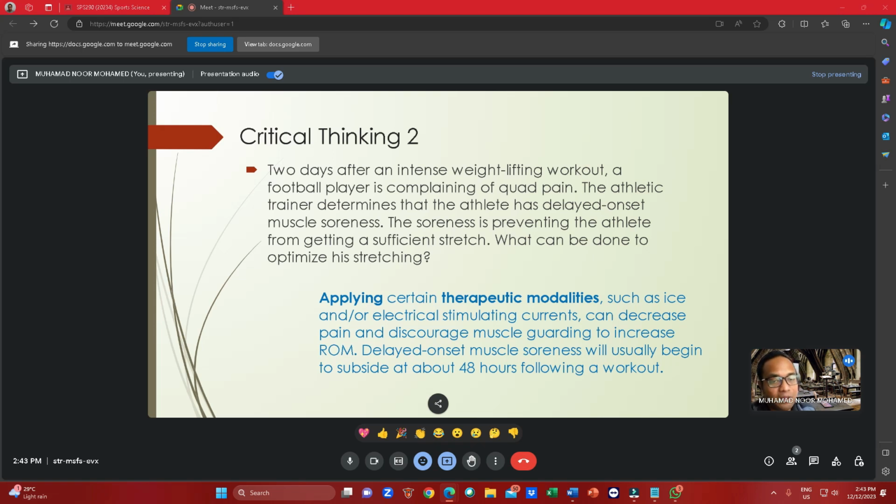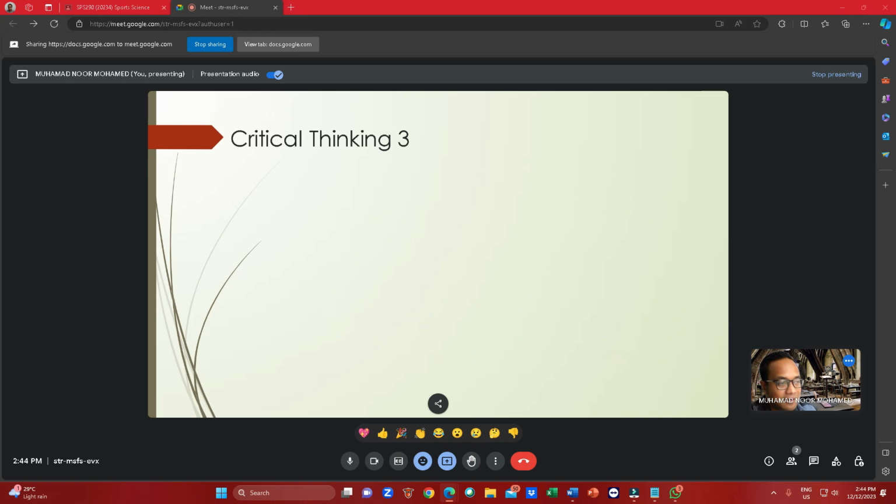So it is recommended to do PNF stretching after a workout in order to further enhance the capability of the muscle to tolerate lactate, and also to exclude it from the system as fast as you can. Okay. Number three,